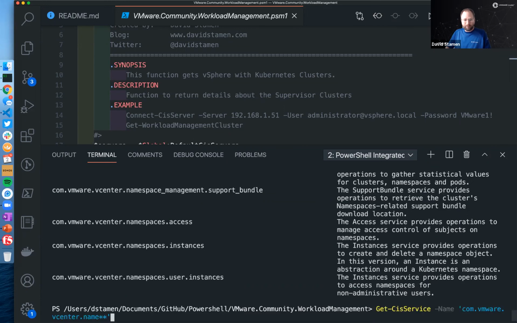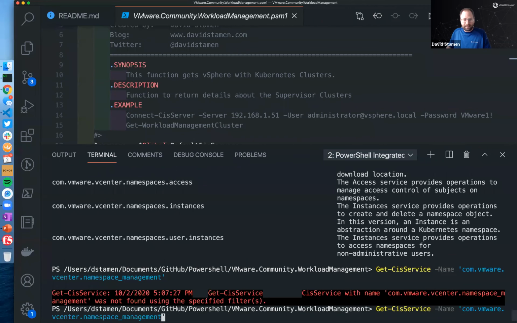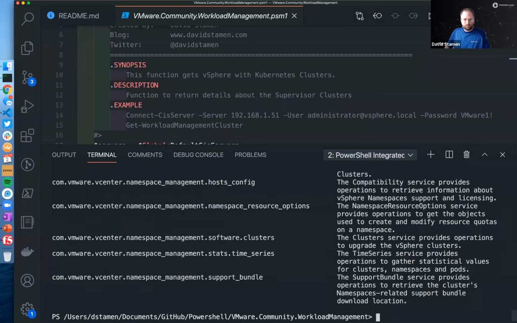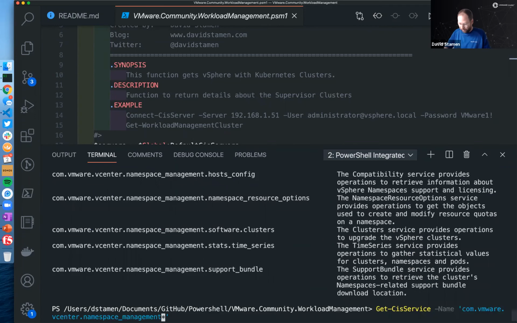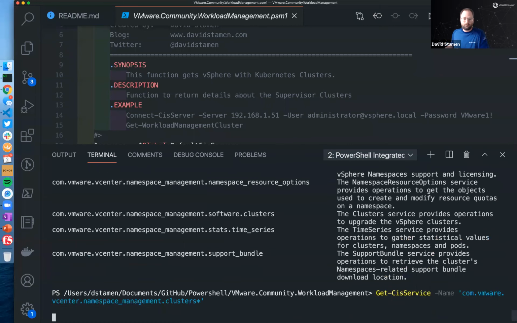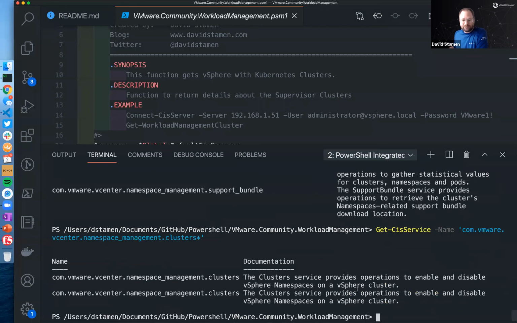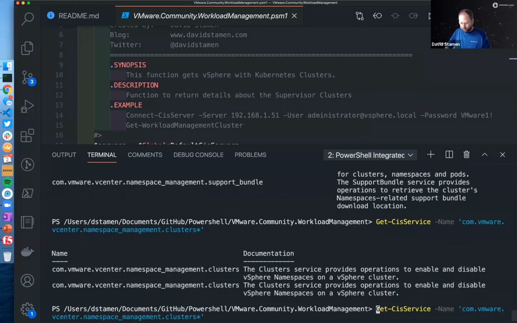So if I do the namespace management, I can see all the things I can see here. So again, if I want to see here, I want to see namespace management clusters. And so I was able to see here the details from here, and then we can go in and actually dive into it. So if I go here and I put this into the API,